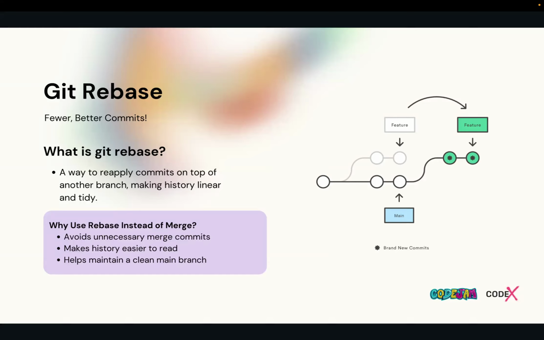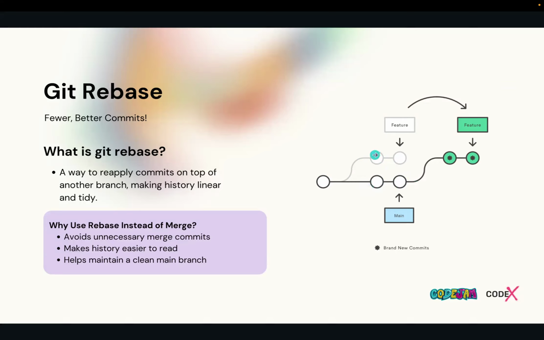Rebasing is essential when you want to maintain a clean main branch, or a clean branch as a separate thing, and you can apply all your local changes on top of that. Considering the timeline, you separated your branch from the main branch and implemented many things there, and at that point the main branch is also getting updated with separate things.